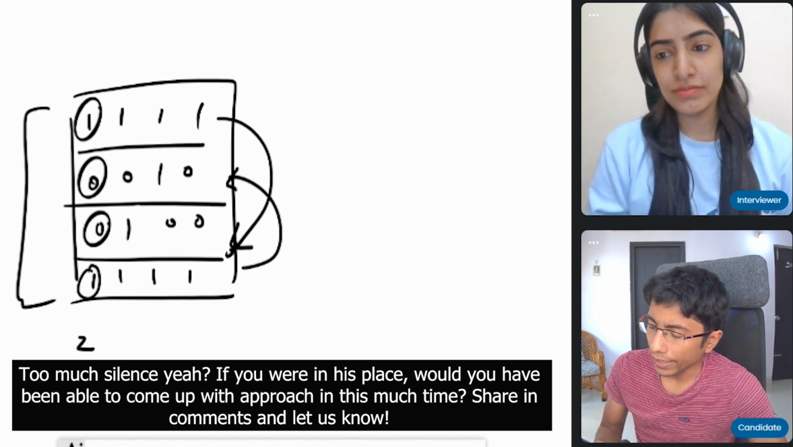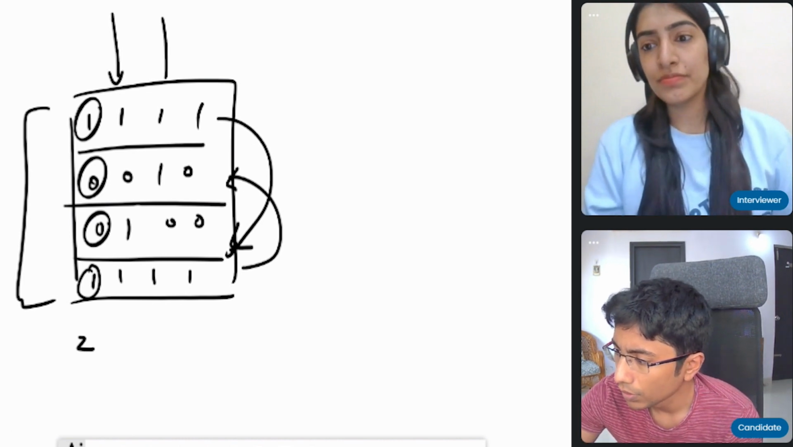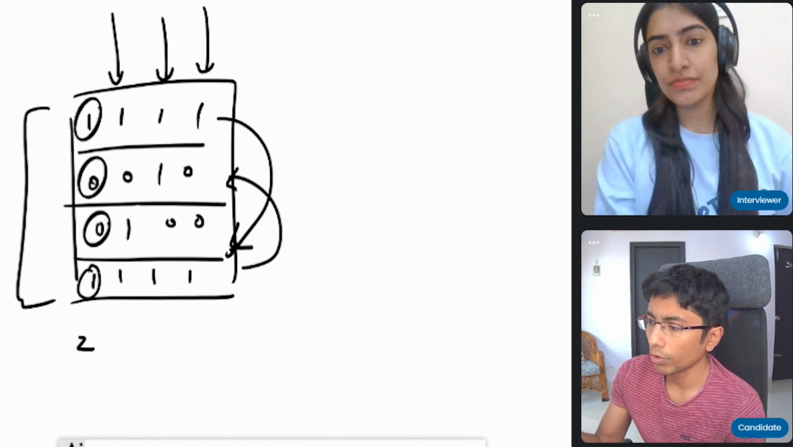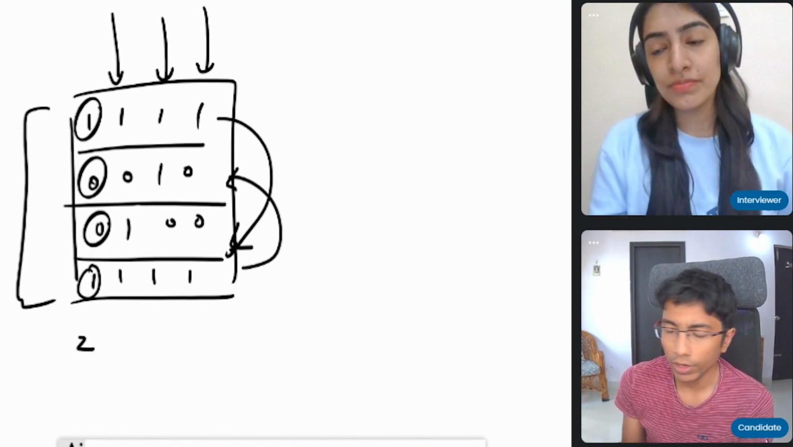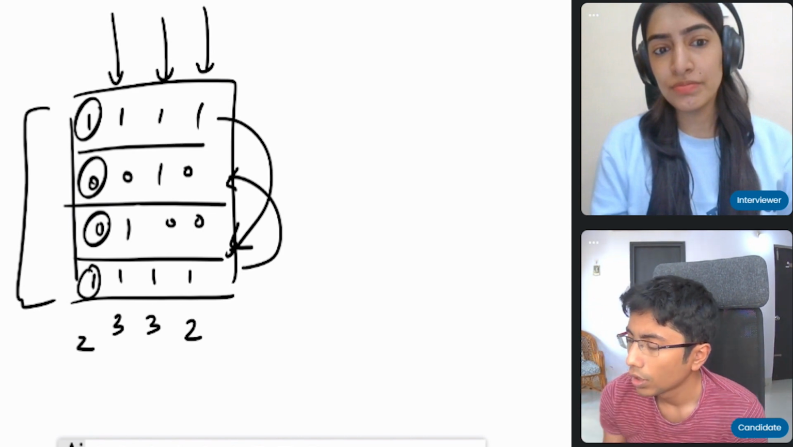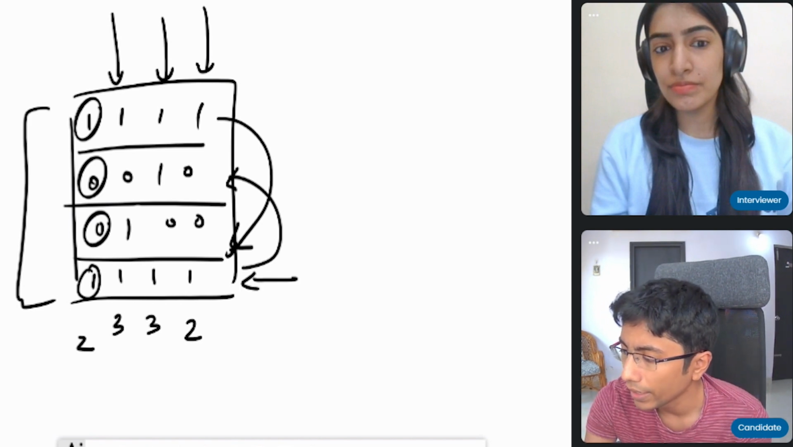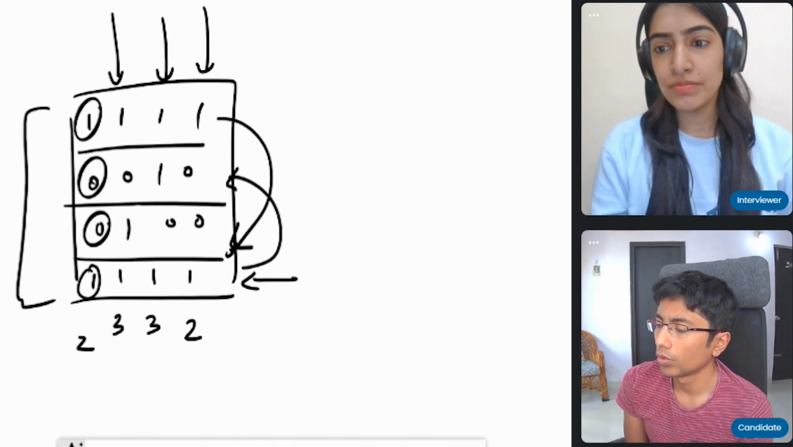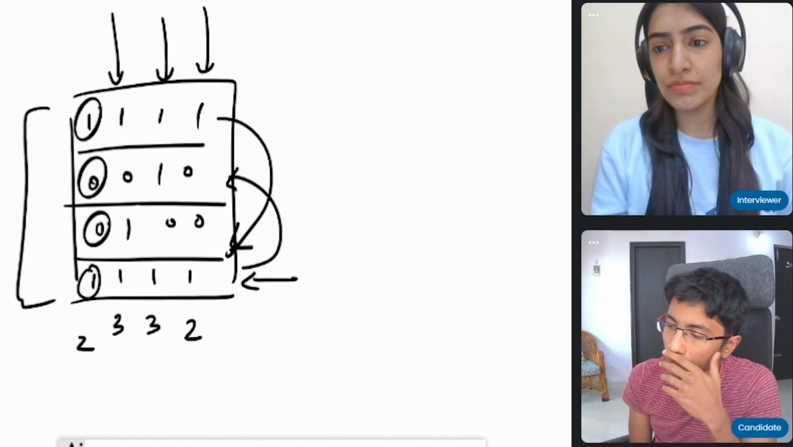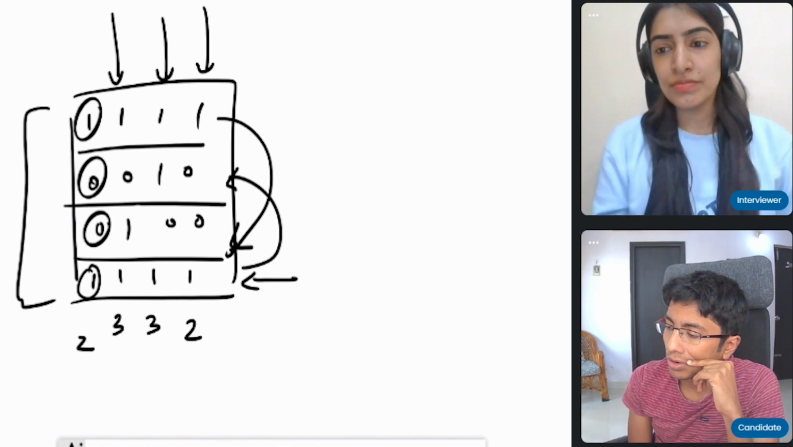Okay, I'm not getting any idea around this, but I can try one thing. I'm still thinking about it in terms of sum. If I take the sum of all ones for every column, then I'm getting 2, 3, 3, and 2. And if I do it vertically on this side, then I get 4, 1, 1, and 4. Okay, so can this help me in any way? Can I say that the minimum number of